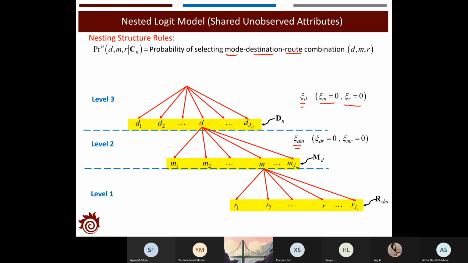For the epsilon dr and the epsilon mr will be set at 0. And for the level 1, the lowest one, it will involve all the levels, all the 3 levels. So we have the epsilon dmr. With that, we can write down the